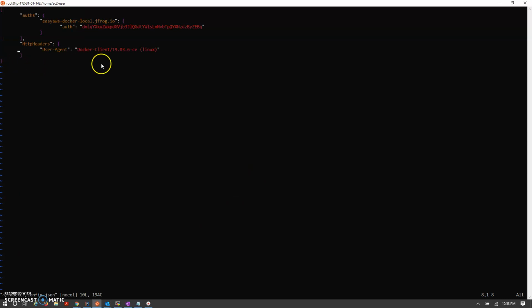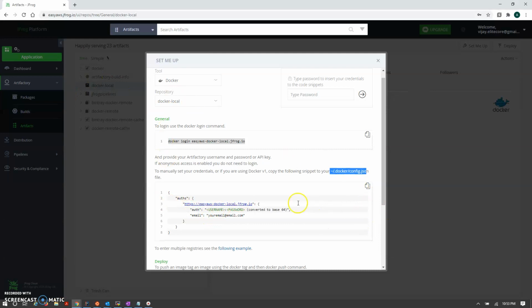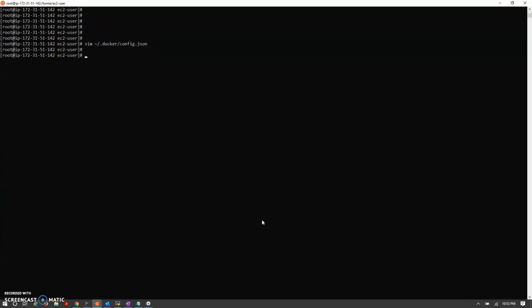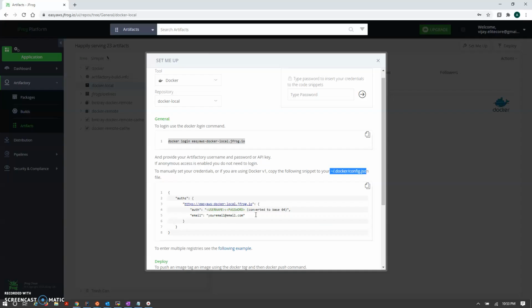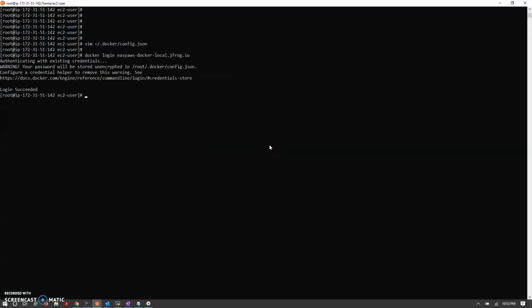Here you have to paste this JSON portion which is basically used for the authentication part. If you didn't configure it here, it will prompt you for the username and password. Since we have configured the authentication part, let me copy the login command here, and I'm just logging in to my repository. Here you can see it's a login successful, authentication successful.